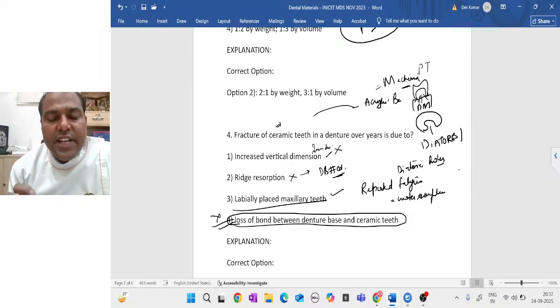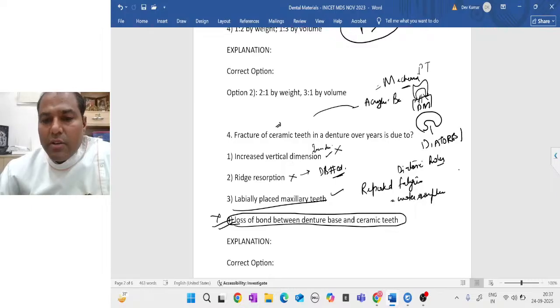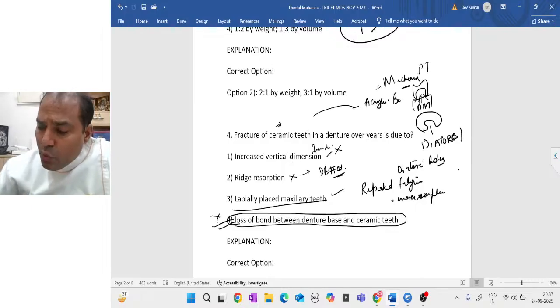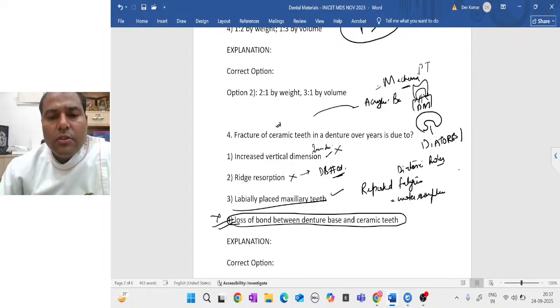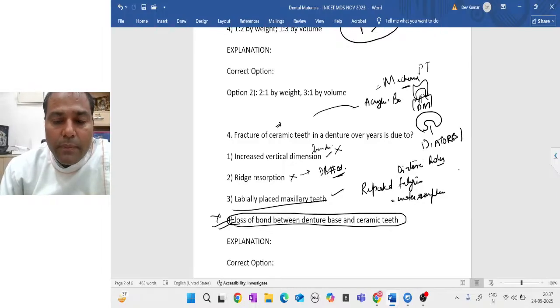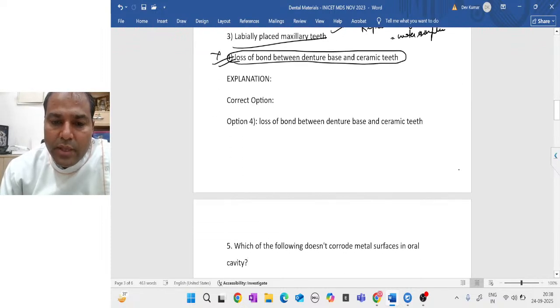The bond is weak over the years because of thermal expansion and contraction, and water absorption, and over these there are a lot of forces, so it might lead to the loss of bond and can lead to fracture. So the best answer here is the loss of bond between the denture base and the ceramic teeth, right? Next question,